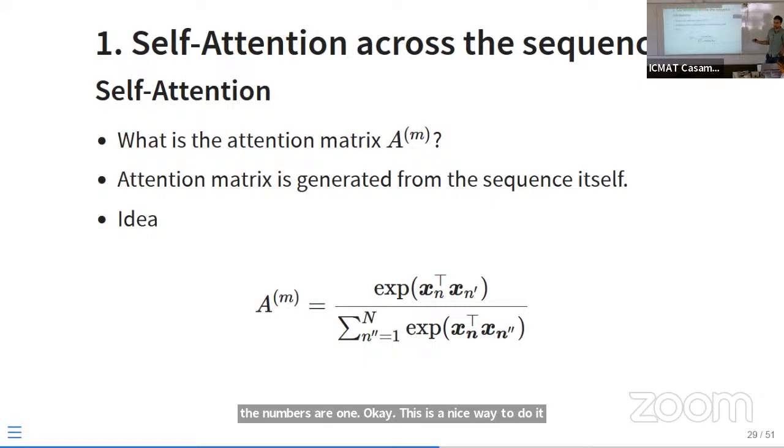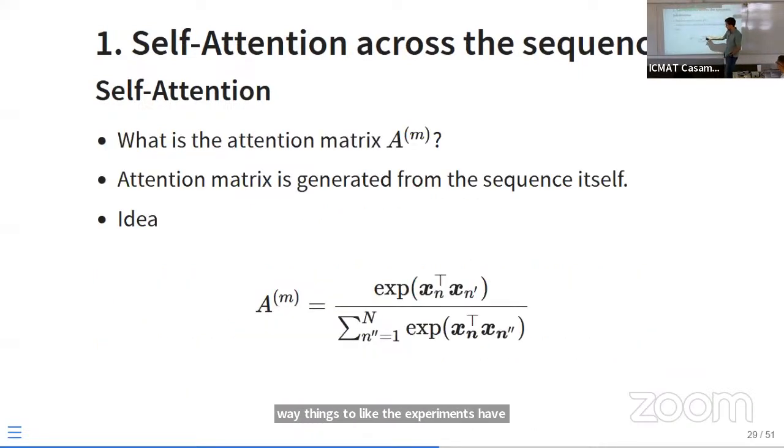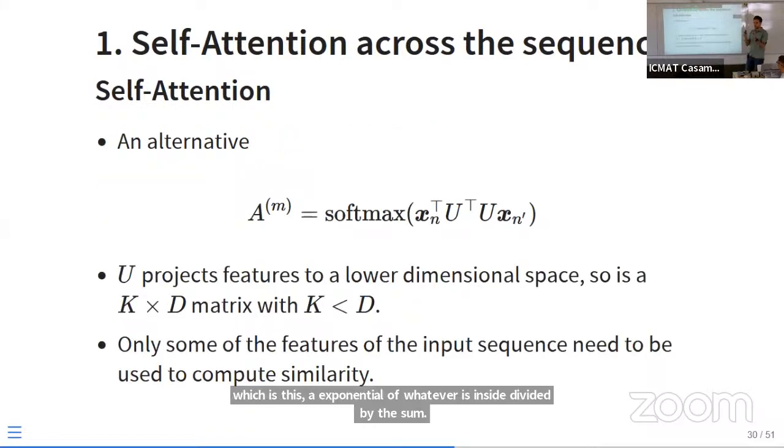And this could work, but empirically, it is demonstrated that it's not the best way to do it. And people give some intuition for why this is the case, but the only truth at the end is that it's better to do it in some other way, as the experiments have proved. And the other way is applying the same function, softmax, which is this exponential of whatever is inside divided by the sum, instead to the dot product of the sequence,